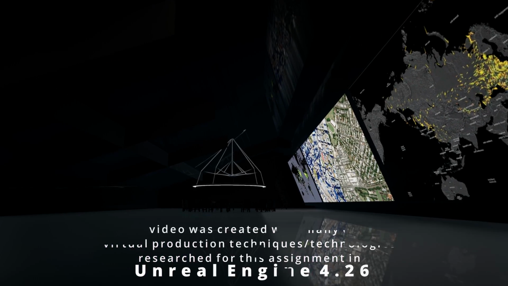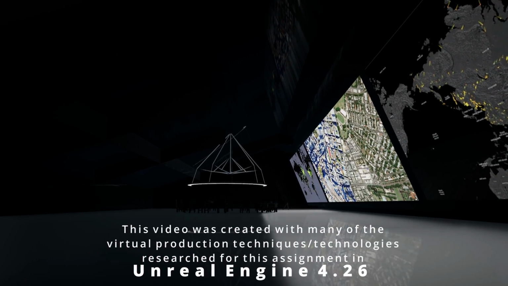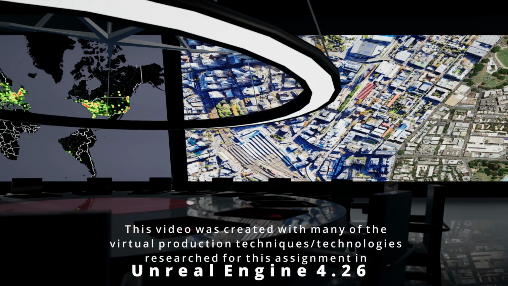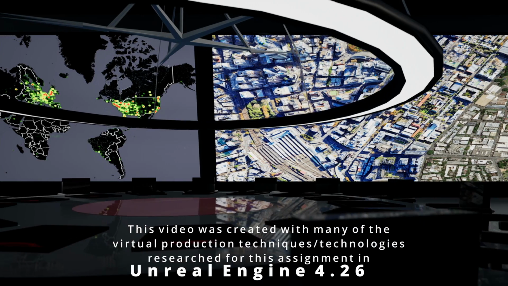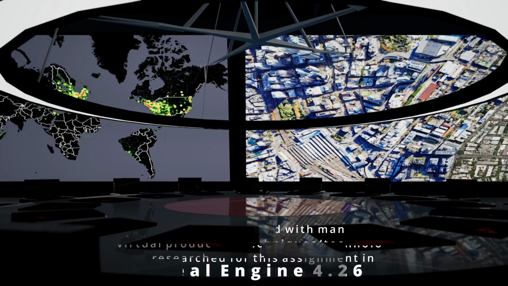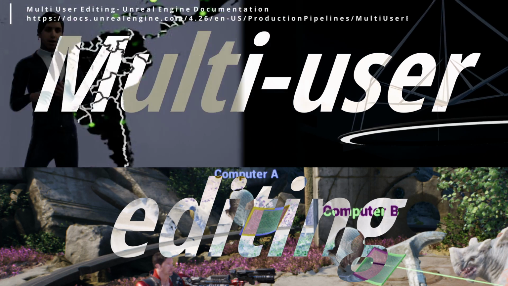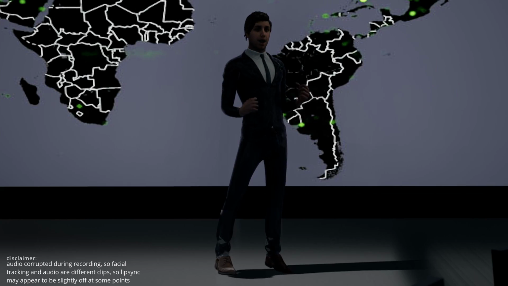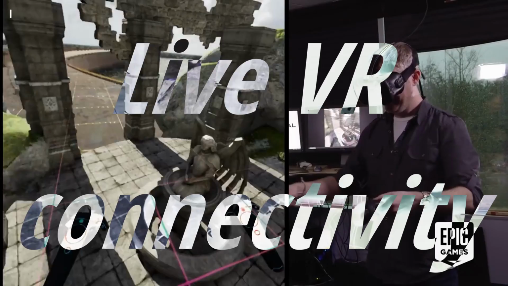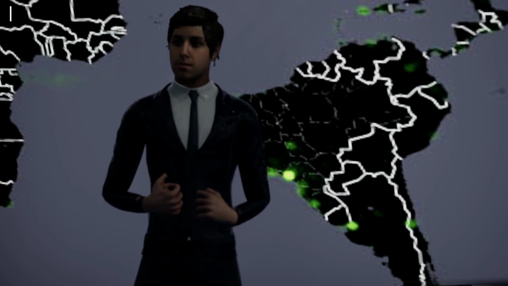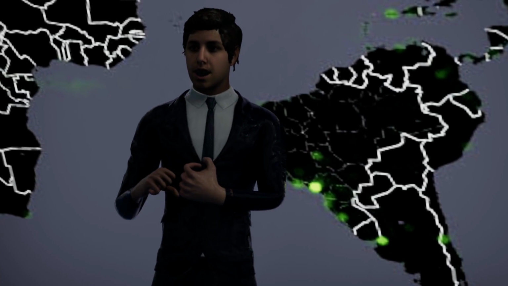In Studio 2, I've been investigating through experimentation the applications and quality of various affordable virtual production workflows. These technologies that I have found to be best for this are multi-user editing, allowing my team and I to make live iterations to a scene in Unreal Engine. Live VR connectivity, having access to walk through, visualize, and edit 3D environments in a way that is unparalleled in